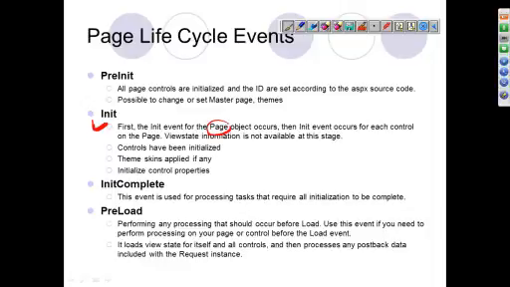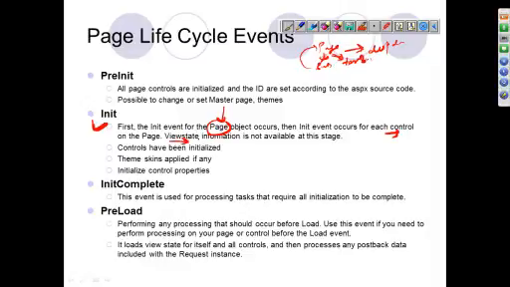The page object: page init will first create the page object and then initialize all the controls within the page. When we are writing an ASPX page, the object hierarchy is that we have the page object, and in the page object we have different controls like button, text box, drop down. These are the different controls which we are using, and they are within the page object. So init will first create the page object and then initialize all the controls. There is something called view state, which we are going to discuss in detail.